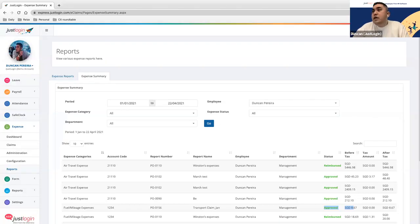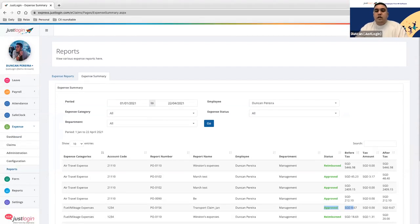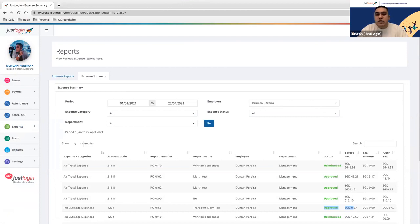Is everyone able to see my browser? Okay, cool. So a few things that I want to highlight. The first thing is something you can share with your end users as well. Typically, we will not only be sending you email updates or newsletter updates, but as administrators and even as users, you can actually receive notifications or product updates directly from JustLogin by reviewing